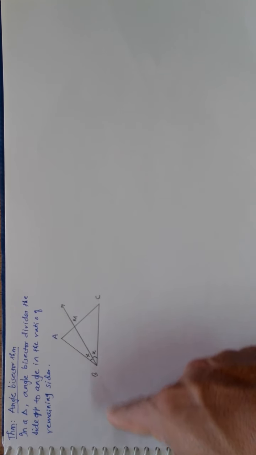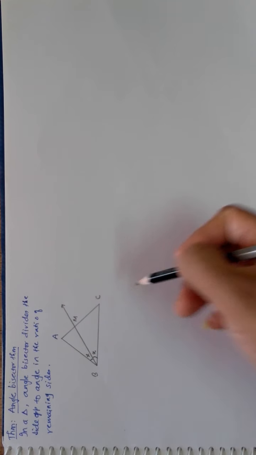Then I could have used basic proportionality, and I would have drawn a parallel line. That means two things are missing: I don't get a complete side of the triangle over here, and I don't have a parallel line. So first I am drawing a line parallel to BM so that I can use basic proportionality. And why am I using basic proportionality? Because I want the ratio AM is to MC, and that is only possible with basic proportionality. So I am drawing a line parallel to BM.